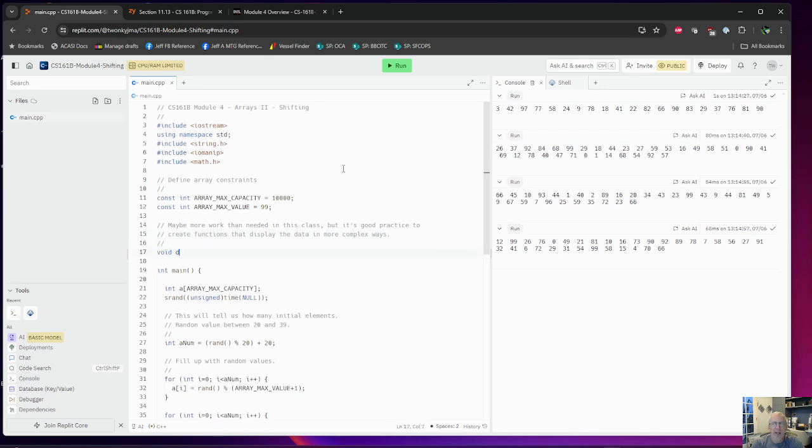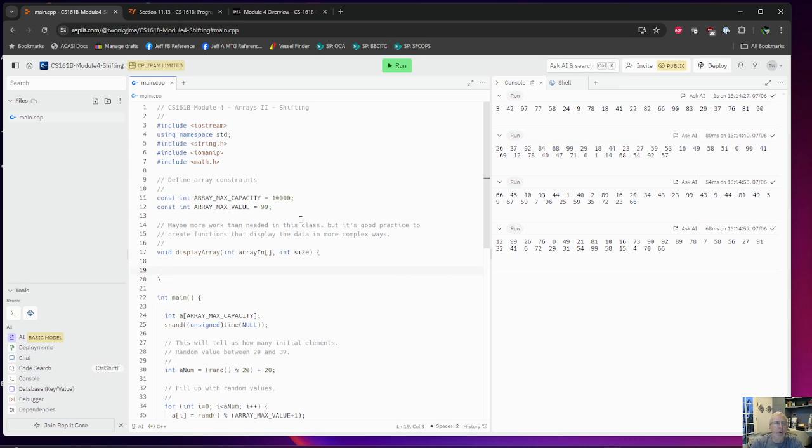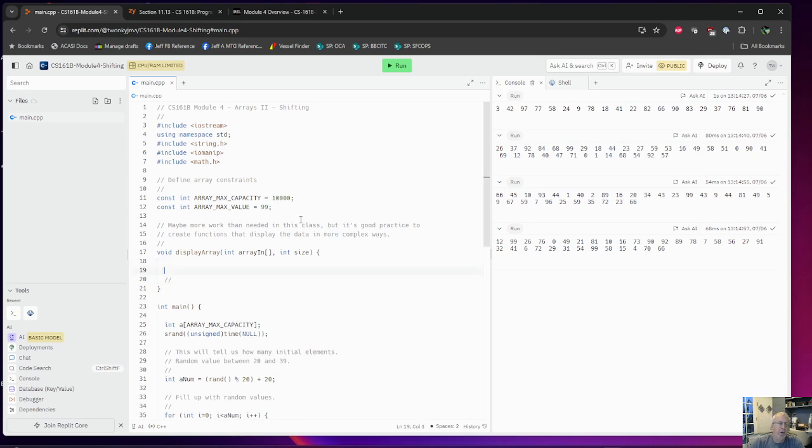Okay, so we're going to create a function. And remember, we pass an array in by reference, so we don't have to state the size here, but we do want to pass in the size because we need to know how many to print. Now I'm going to make this a little bit more general purpose, right? And so if I want to format my array here so that